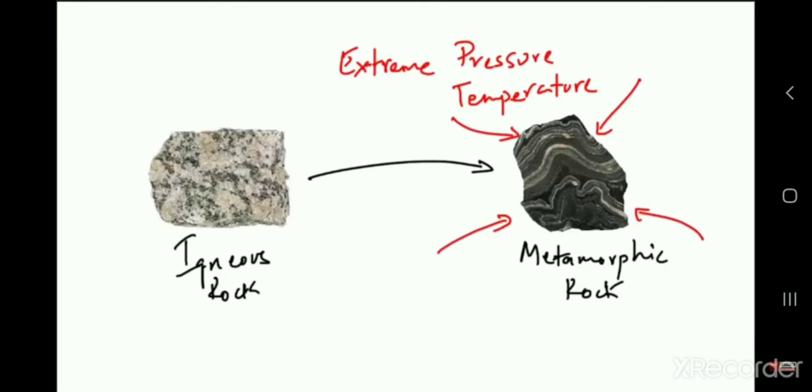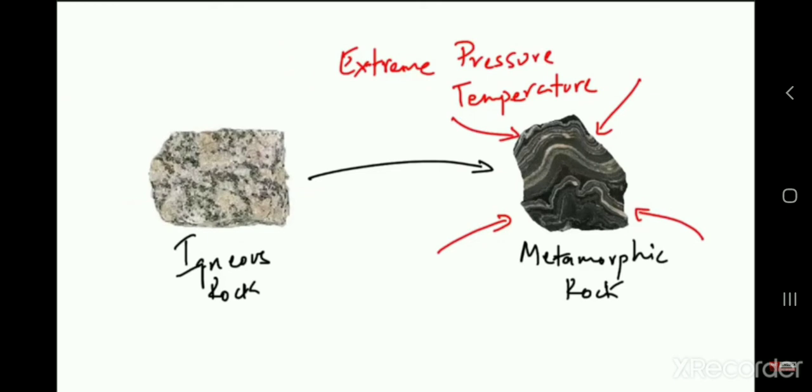Volcanic activity and other earth movements constantly take place on the earth. As you all know, volcanic activity and other earth movements are constantly taking place. While these are occurring, the igneous or sedimentary rock in that region is subject to tremendous pressure and heat. Because of the constant movements taking place in the earth, this igneous and sedimentary rock, because of a lot of pressure and heat, converts into a new rock. That is what we call metamorphic rock.